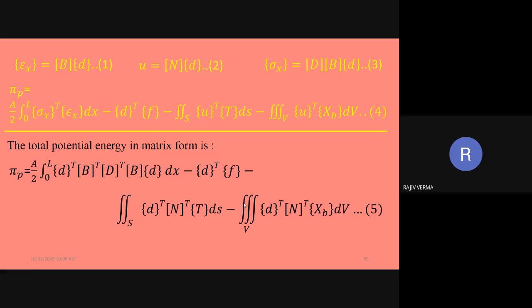So when you take the transpose of the stress matrix, another property of matrix manipulation comes into picture. The property is that you reverse the order of matrix multiplication, and you take the transpose also of all the matrices which are involved. Now this gives us the first 3 terms of the strain energy,